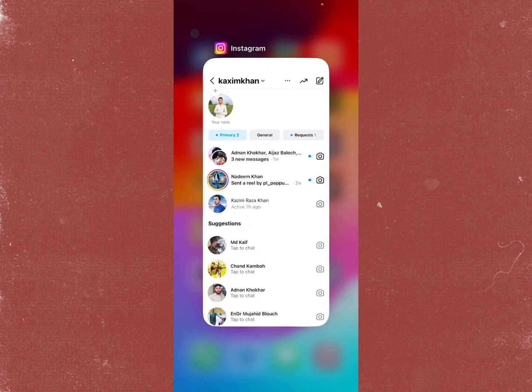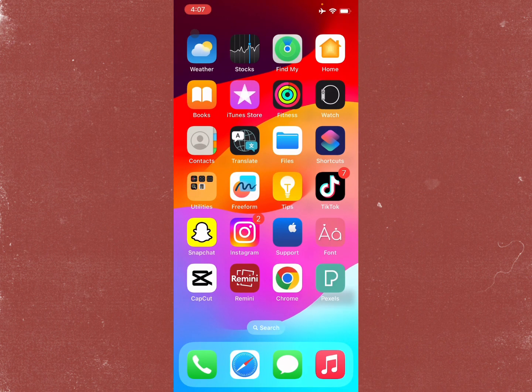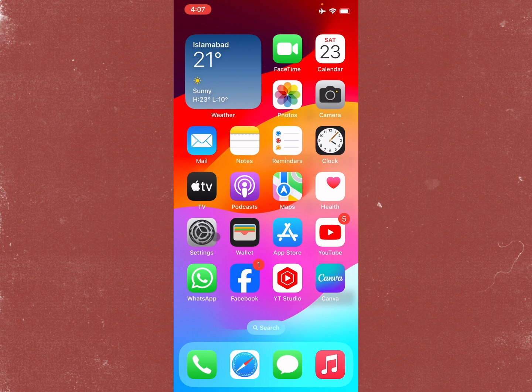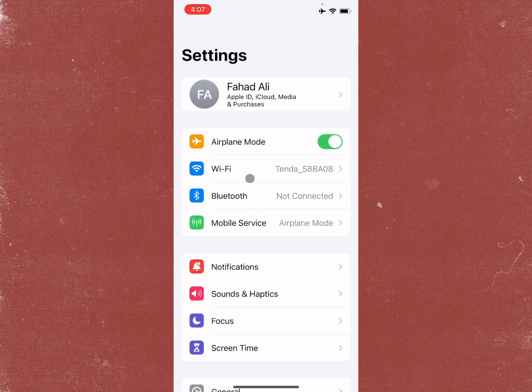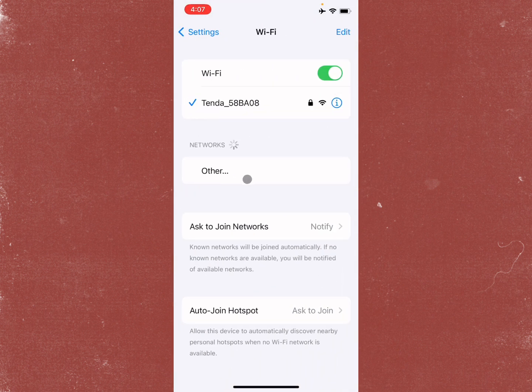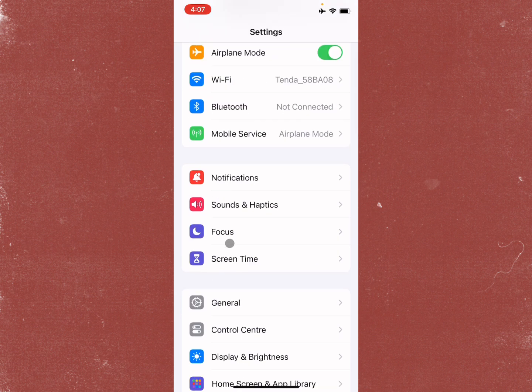So guys, simply first of all you need to go back. So guys, after going back, you need to open your settings on your iPhone, and guys, after this simply you need to click on Wi-Fi and make sure that you have connected with strong internet connection. So guys, if not, then you need to connect it first, and guys if you're using mobile data, you need to turn on your mobile data on your iPhone,